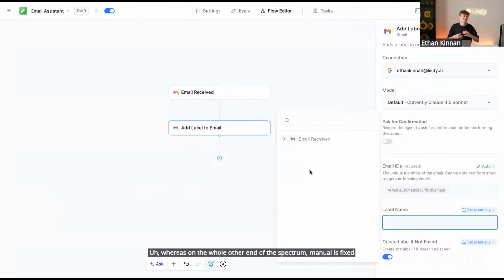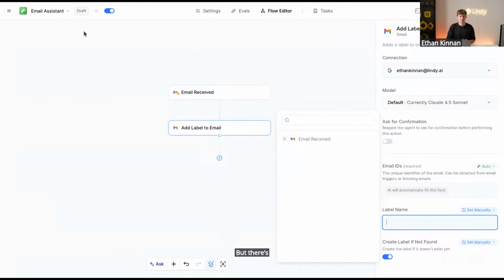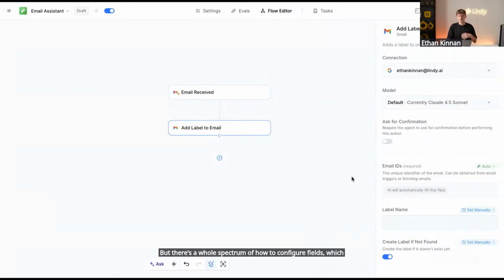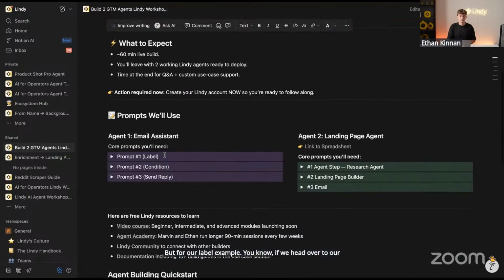These are specific variables you can use. You can make it the same every time. But there's a whole spectrum of how to configure fields, which we'll revisit again. But for our label example, if we head over to our workshop guide,